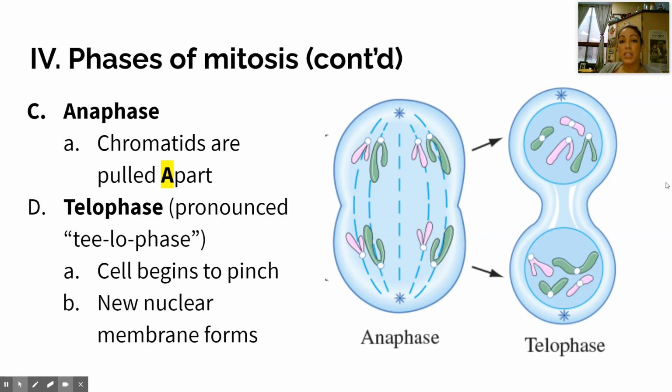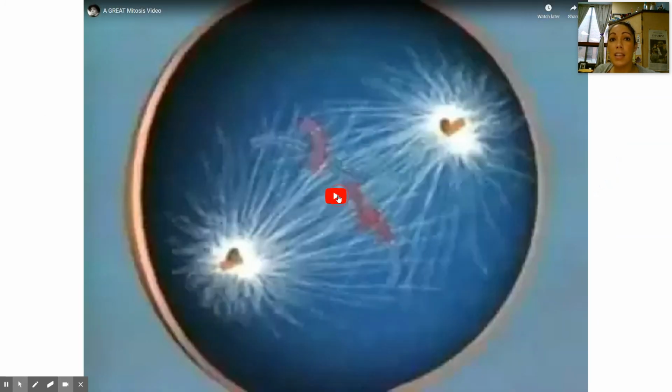So we'll start to see the cell membrane start to pinch, or if it's an animal cell, maybe you'll see a cell plate start to form there in the middle. And then the nuclear membranes are going to start forming to close in that DNA, that genetic material. This is an animation of